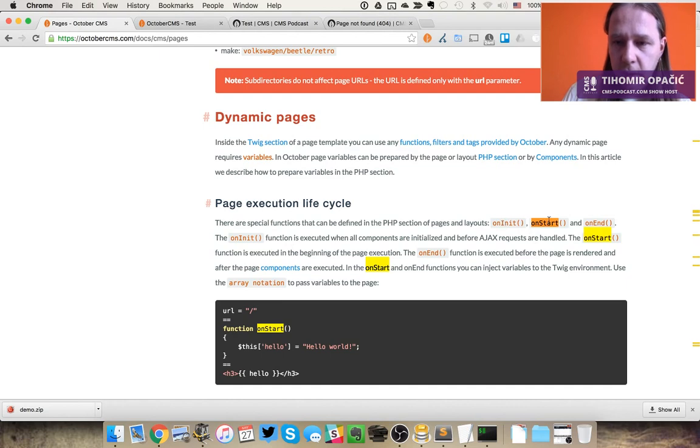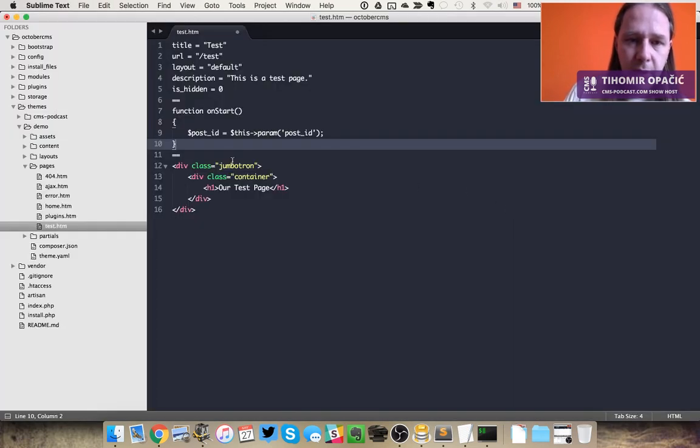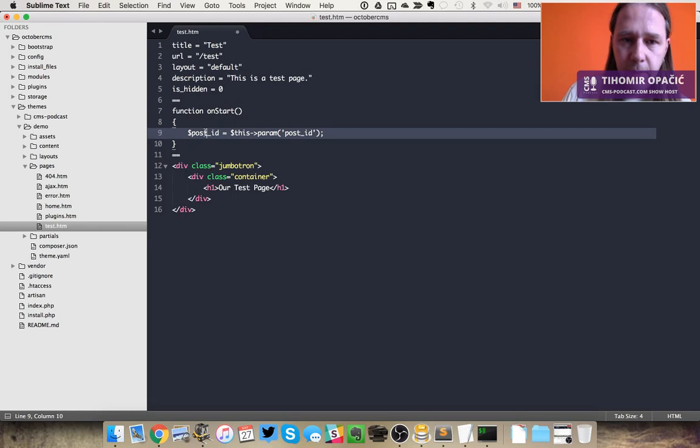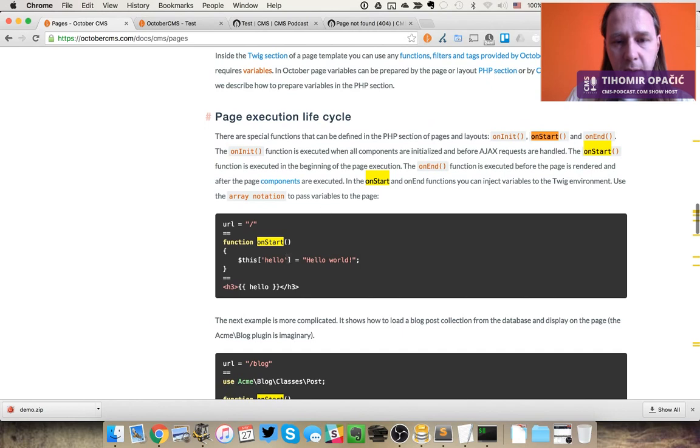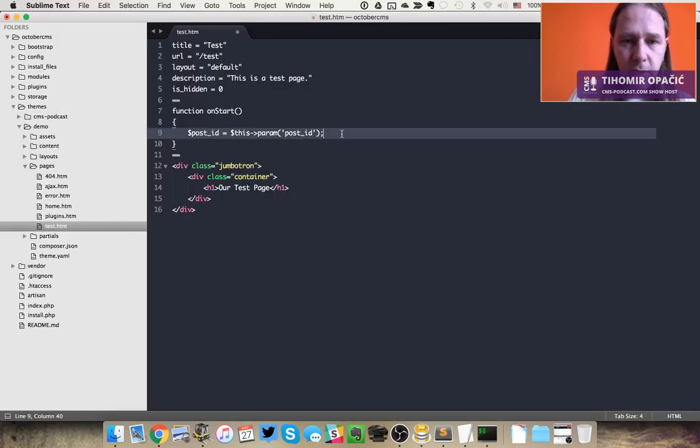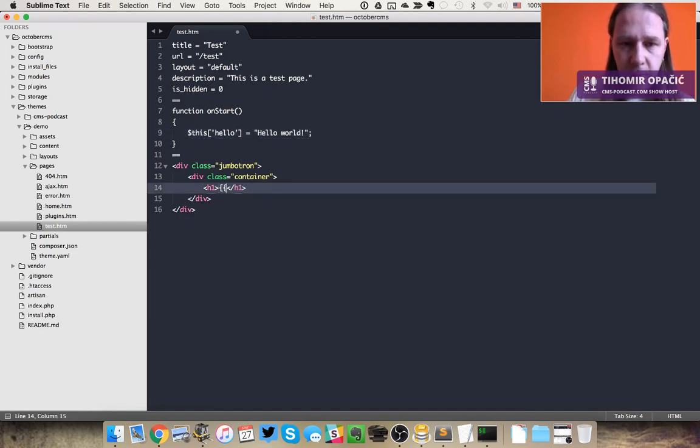You have onInit, onStart, onEnd. But let's just use onStart to set a variable. If we want to use a variable within a page, we should probably do something like this, and the variable will become accessible by echoing, I guess, hello,